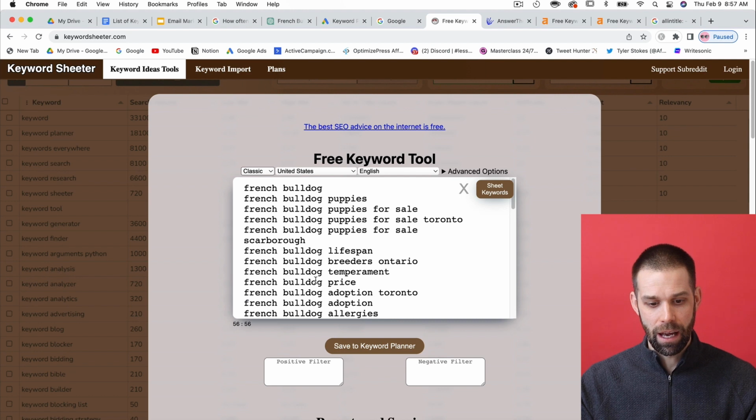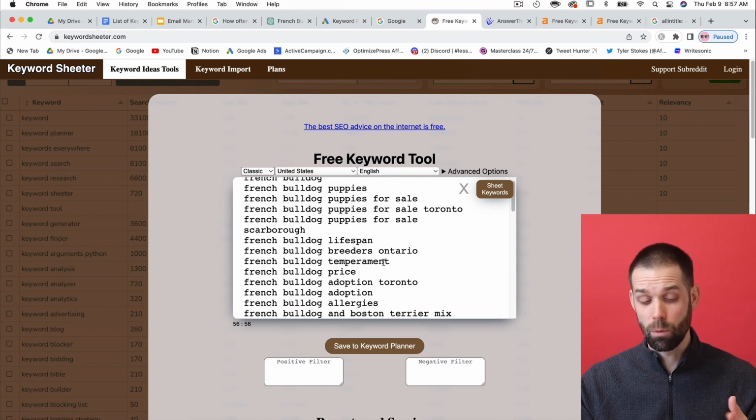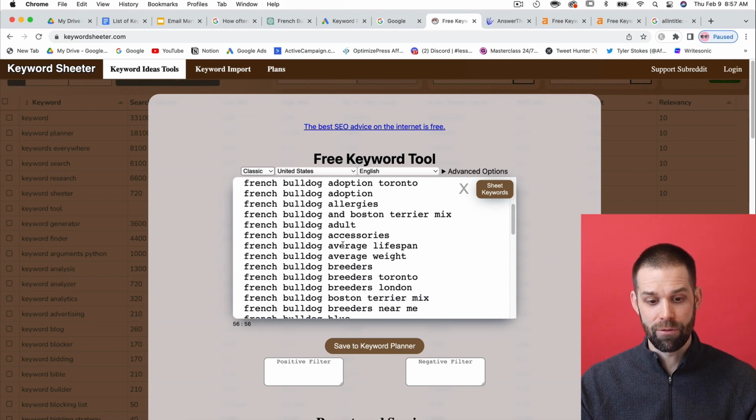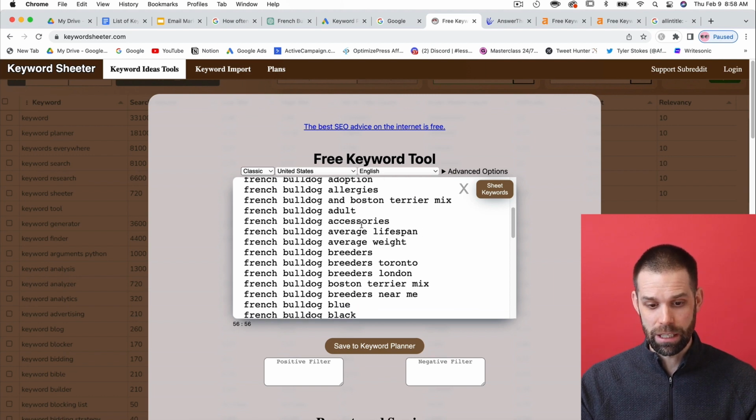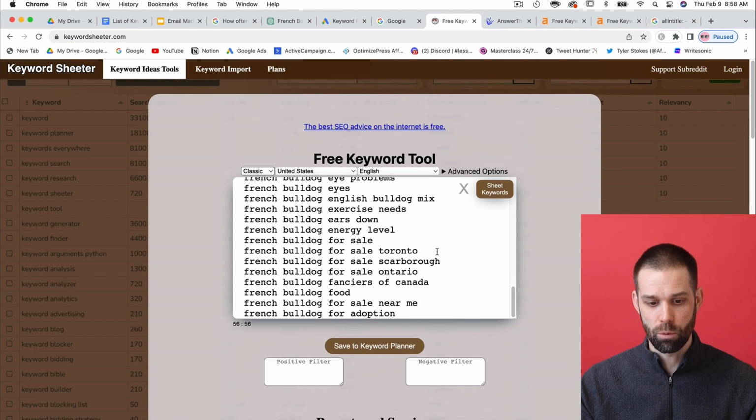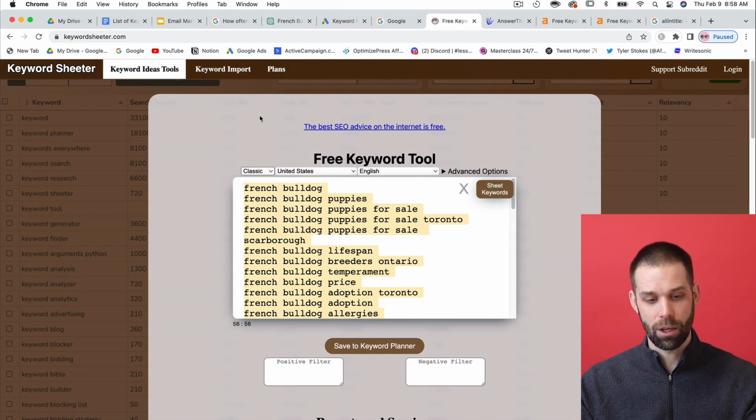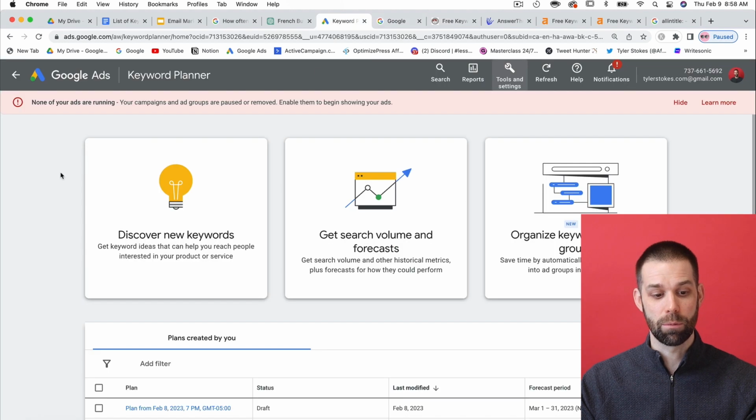You can see that French Bulldog temperament, that could be one that we want to cover on our website. French Bulldog average lifespan, average weight, so that's good informational keywords we can talk about. Accessories, so there's a good monetization one there. And basically you can take this, you can highlight it, you can come back to the keyword planner, and now